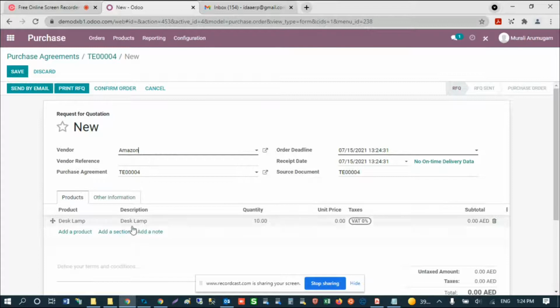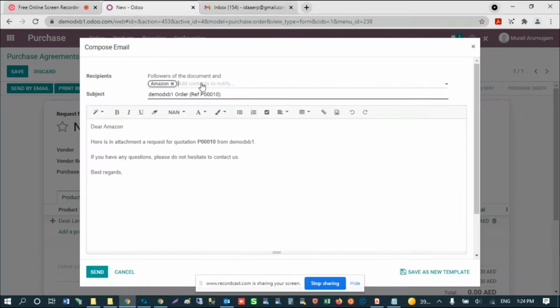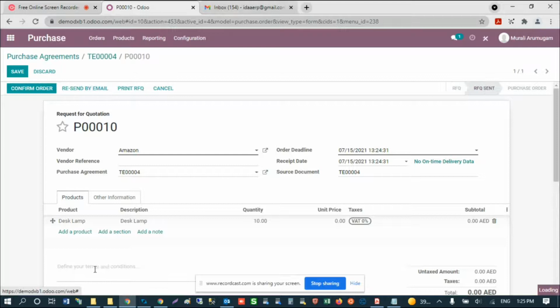So we could choose the vendors from your existing ones or create new vendors, and you choose this template, so it will already have the item that you want to get a quote for, and you could send this by email. So Odoo will give you a format which you can use, and it would send an attachment with this quote to the vendor.